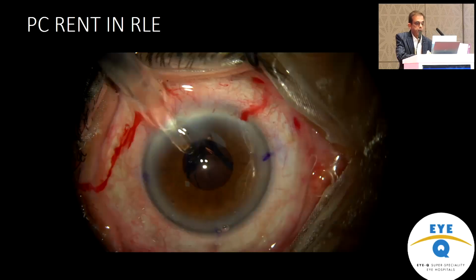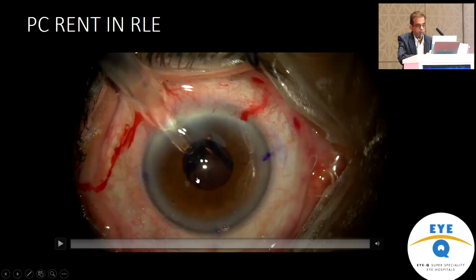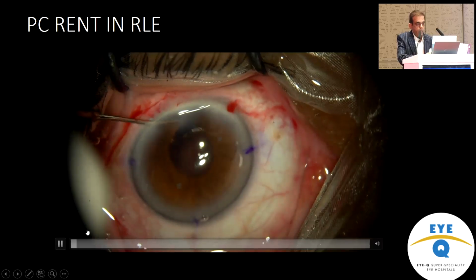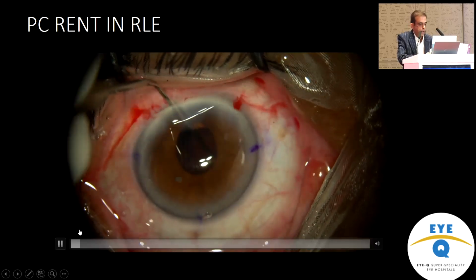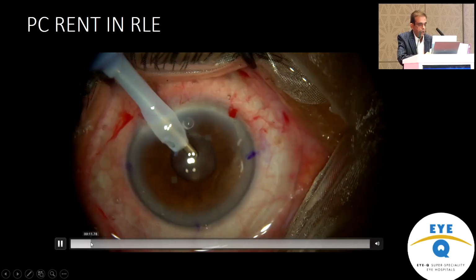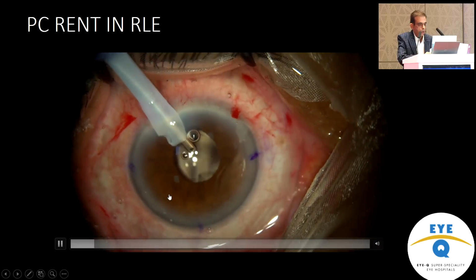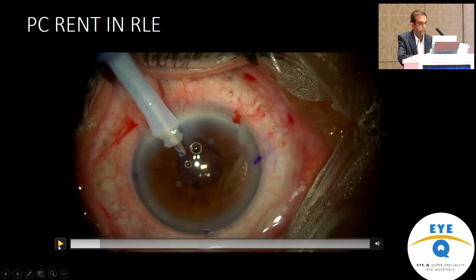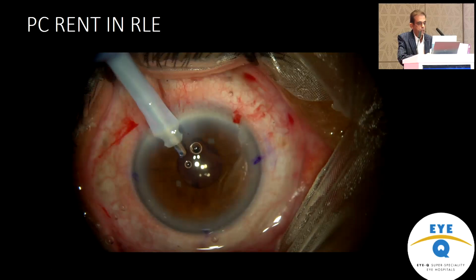This is the PC rent. Now this is the most dangerous thing which we will encounter, especially in refractive lens exchange. Patients are young. Now I have done everything, implanted the lens, but when I am doing the IA, I just found this. What is this? This is the capsule I have got here, and I never realized that there has been a rent,